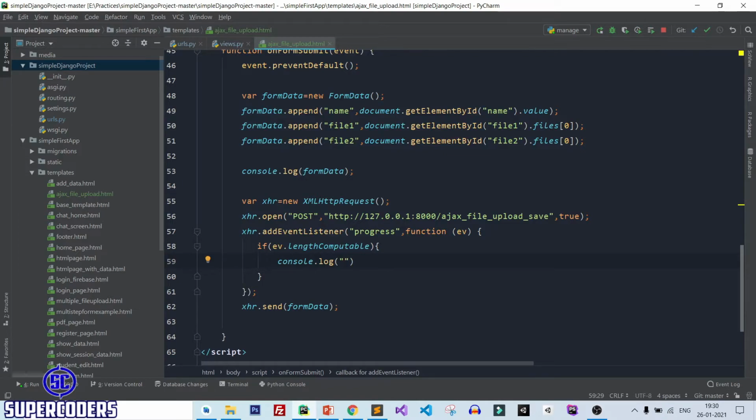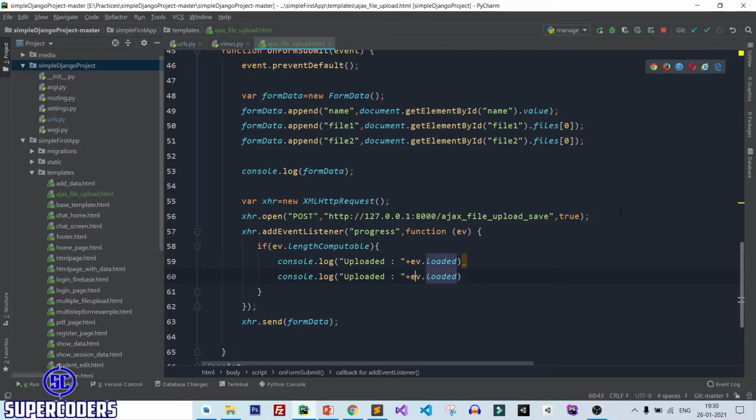Here loaded is event.loaded, and next is total, which is event.total. Now save it and let's check whether this is working or not.